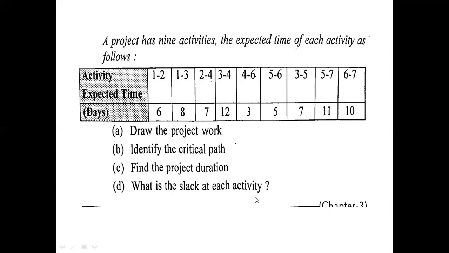So first step, we have to draw the network diagram based upon this data. See here, 1 to 2, 1 to 3. That means 2 and 3 are the post events of this 1. Similarly, 2 and 3 are pre-events of this 4. After 2 it is 4, and after 3 also it is 4. And after 4 is 6, and at 5 it is 6. Like that, you have to follow this and draw the diagram.